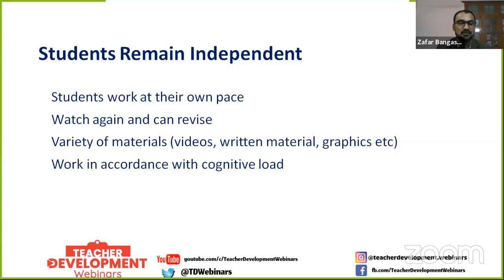In our classroom, we do have students with different backgrounds, especially some students may have a slow pace of learning. Some students,